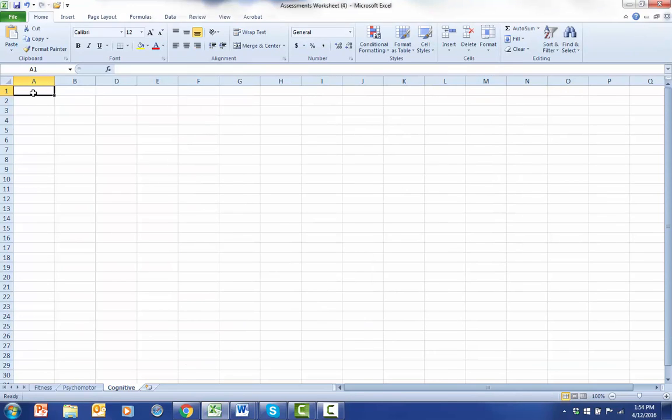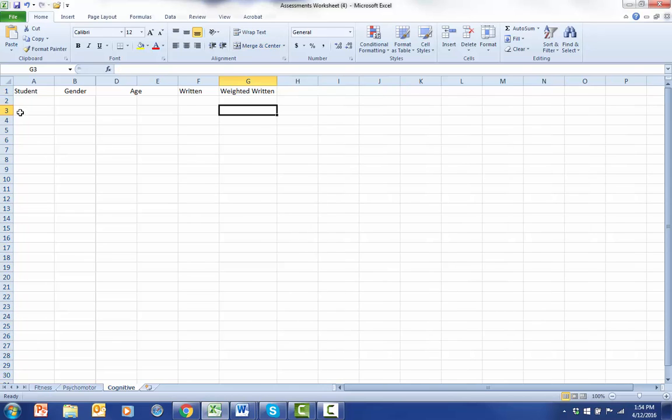So as per the assignment, I want you to label your columns: student, gender, age, the written score, and then we'll need a weighted written score. Okay. So rather than naming 30 students, I would just like you to label your student names by numbers, and a quick way to do this is to copy